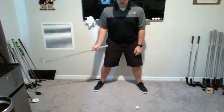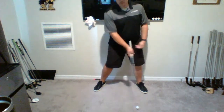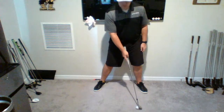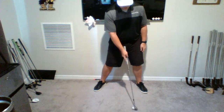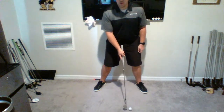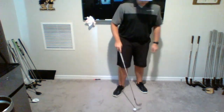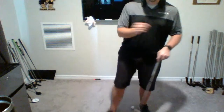It's going to be hard for me not to pull that ball because my path is probably going to be moving left and my face is going to be closing down. So I'm typically going to hit some pulls from that kind of position. So I like to move that back to where it's pretty much straight down from my lead shoulder. So that's what I recommend. Like I said, you can go ball forward, ball back, but that's a good starting point